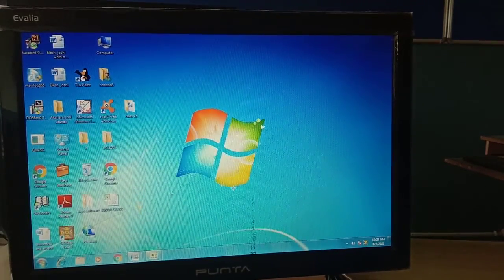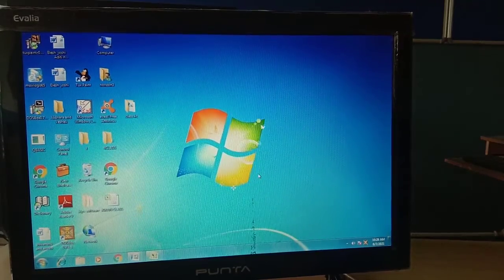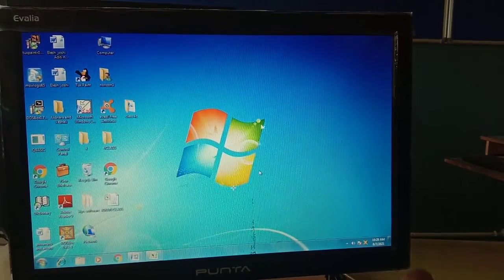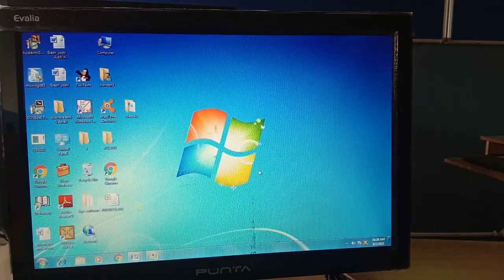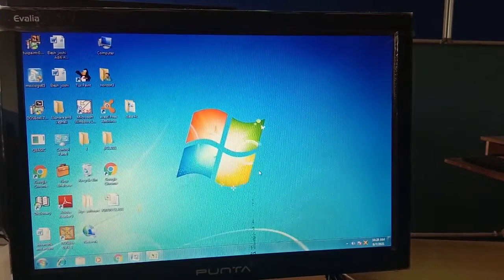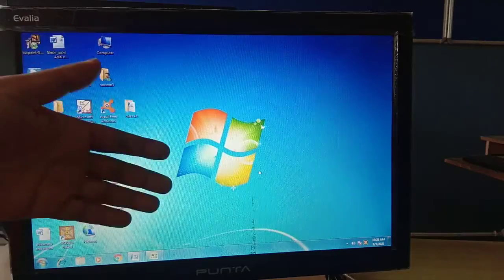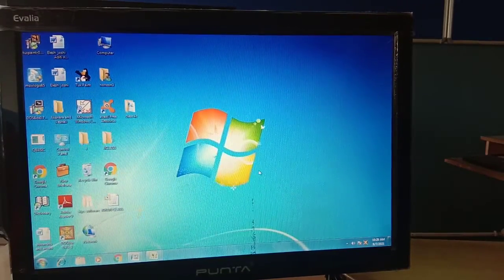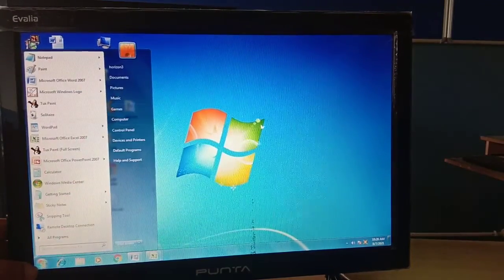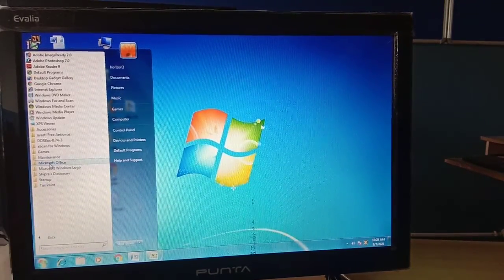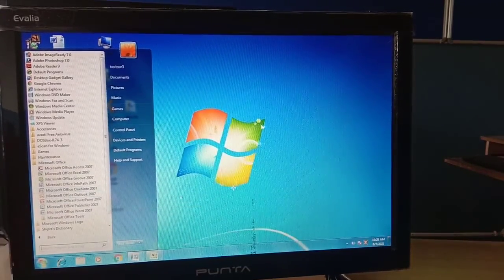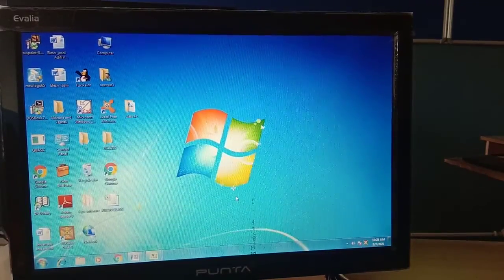Next, we are going to learn how to create a shortcut. How do you create a shortcut of any document? For example, we regularly use Microsoft PowerPoint, right? Because three of our chapters are on Microsoft PowerPoint, and I regularly use it. The way to open it is: go to Start, then All Programs, then Microsoft Office, and then Microsoft PowerPoint 2007. This is the actual way to open Microsoft PowerPoint.